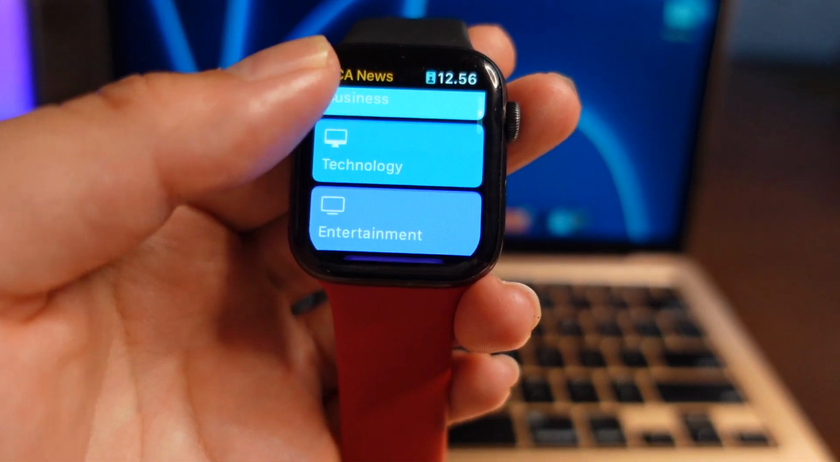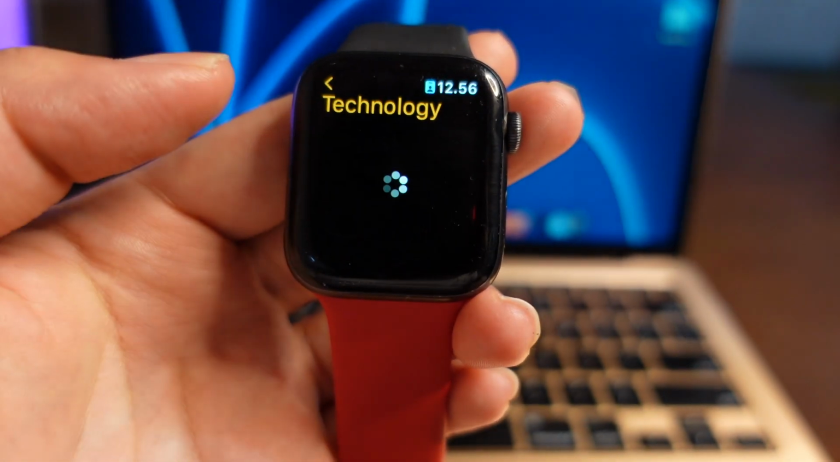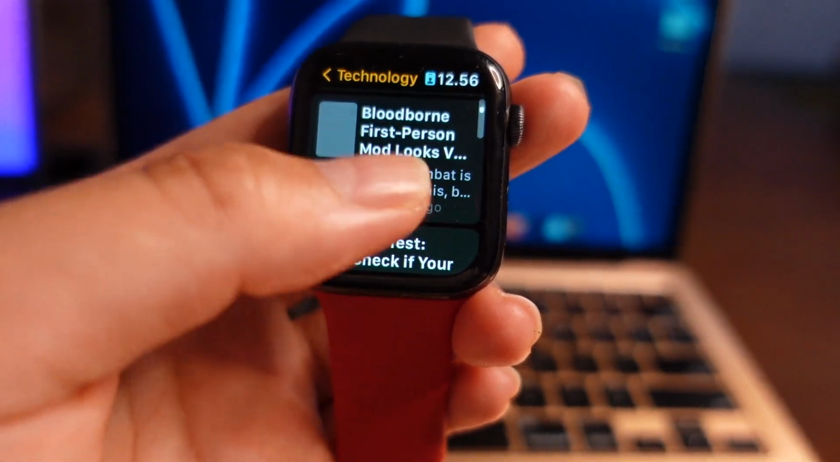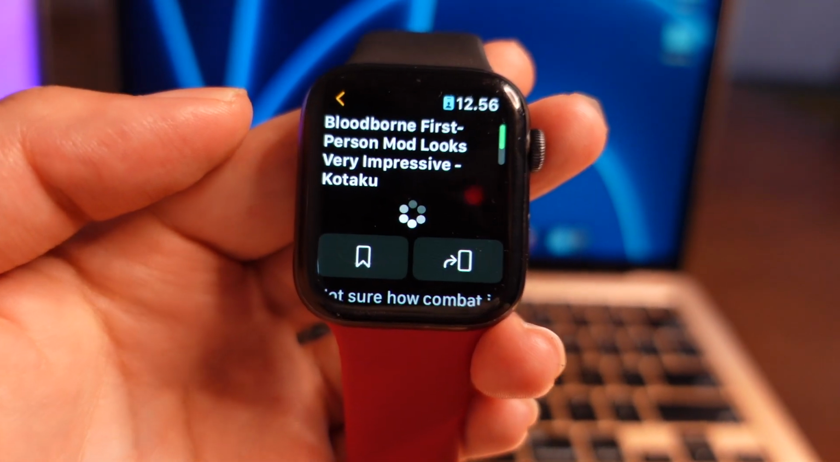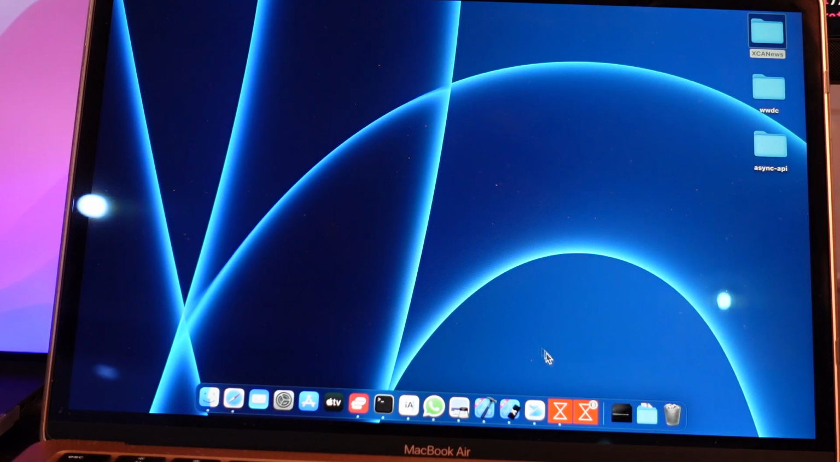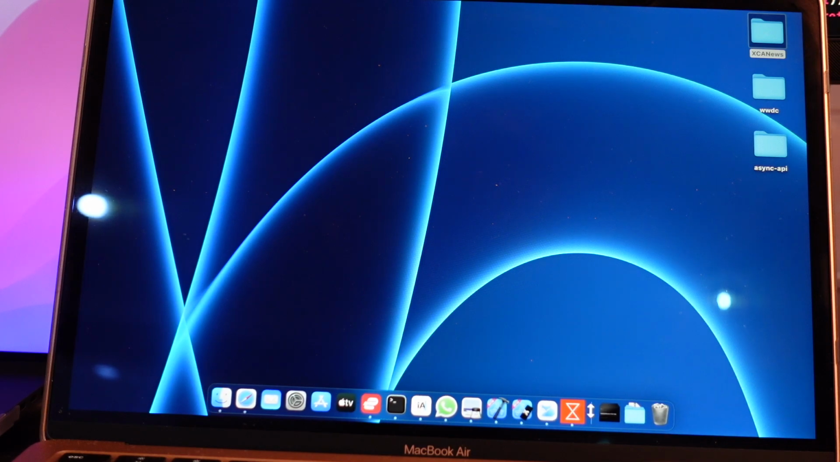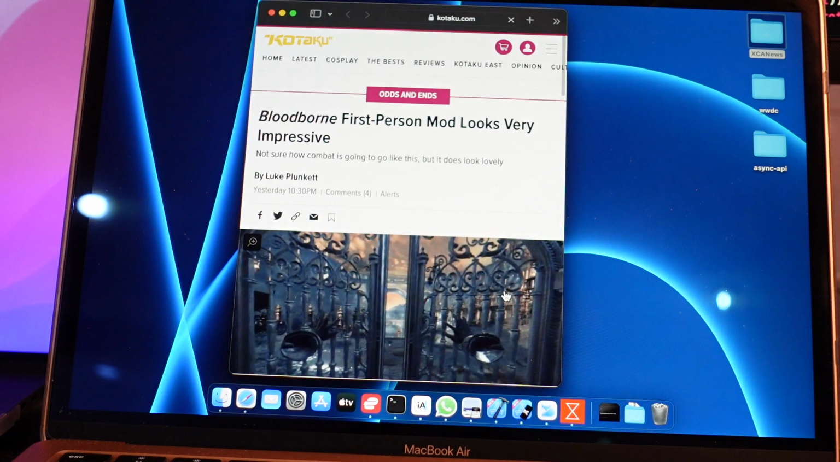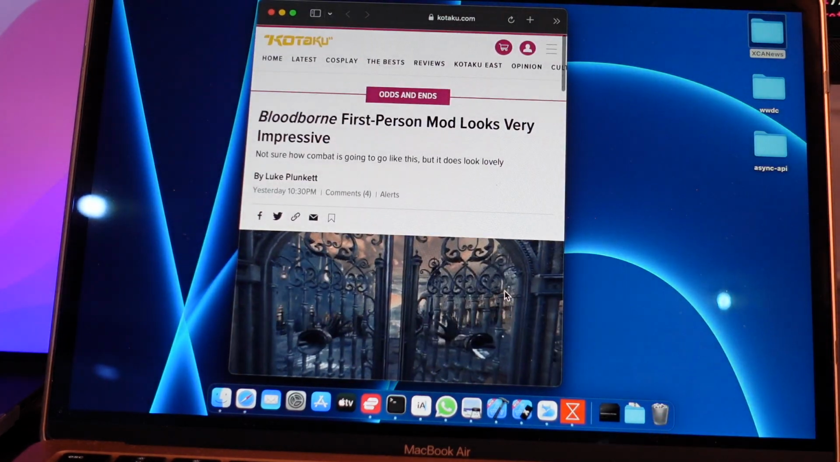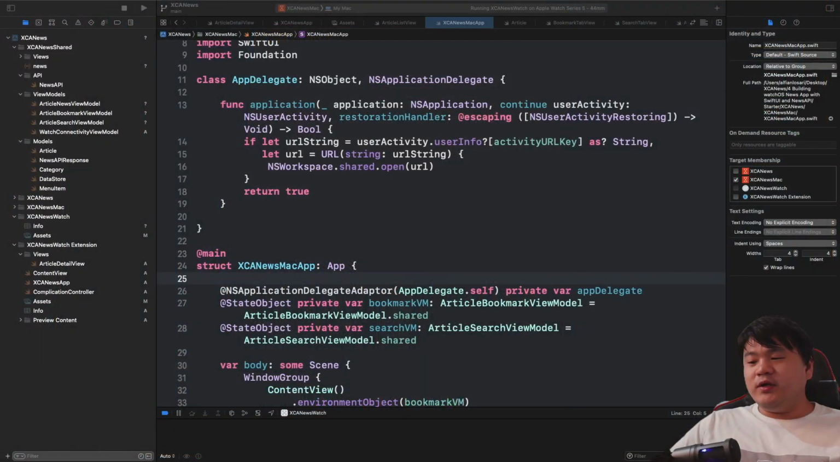So from your Apple Watch, just select an article from a category to open the article detail screen. Okay, here. And let me hover through the dock on my Mac. Nice, I can see this Handoff icon from the Xcode News from the Apple Watch. And then let me click on this icon. Boom, it opens Safari with the web page URL. Nice. That's it for the Handoff task. Let's move on to the final task,